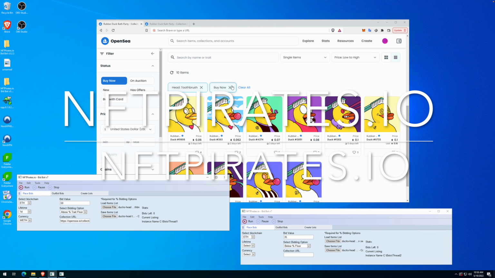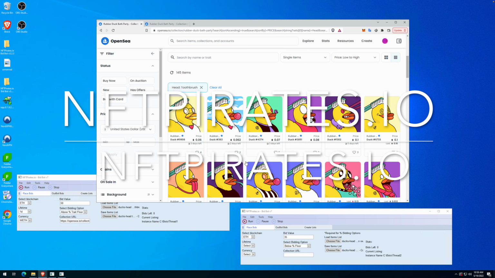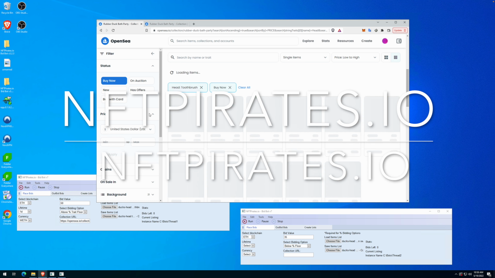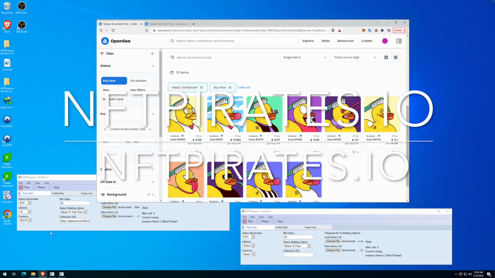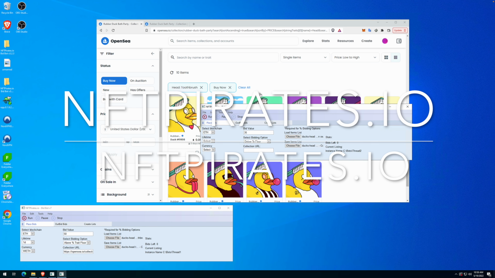And to create the list, you can export all the results from here using the create list module we have, and I have already a list loaded up with 145 items. So the additional buy now filter is only for the bot to know where to check the floor price. And here on the right side we have another thread, so you can use unlimited threads. We can run different combos at the same time,